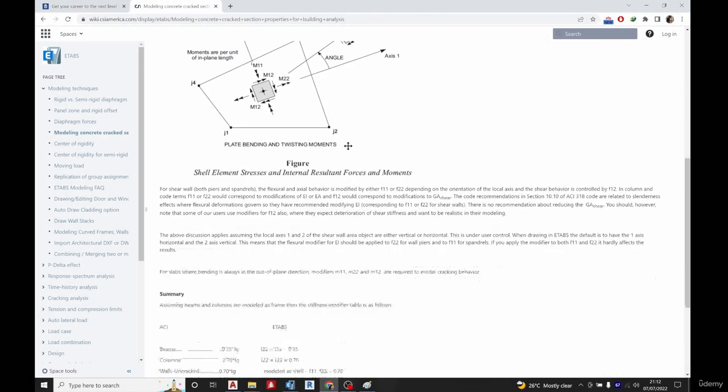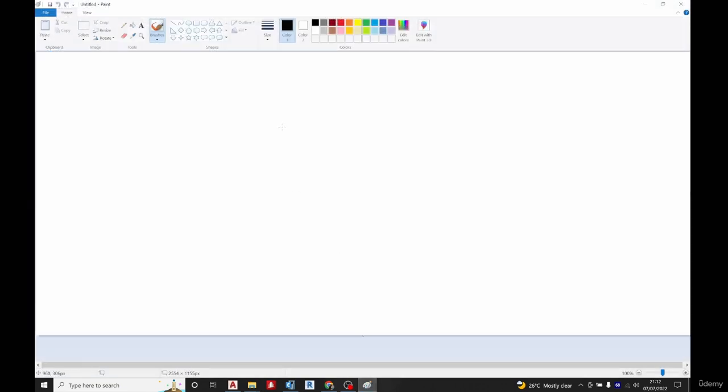In today's lesson, we shall be talking about cracked section. When we say cracked section on reinforced concrete, it means that there are little cracks on the beam. So for example, now we have a beam like this. After going through some deformations, there will be some cracks at this tension place, and we all know that when there is a crack, it means the concrete will not take part in it,